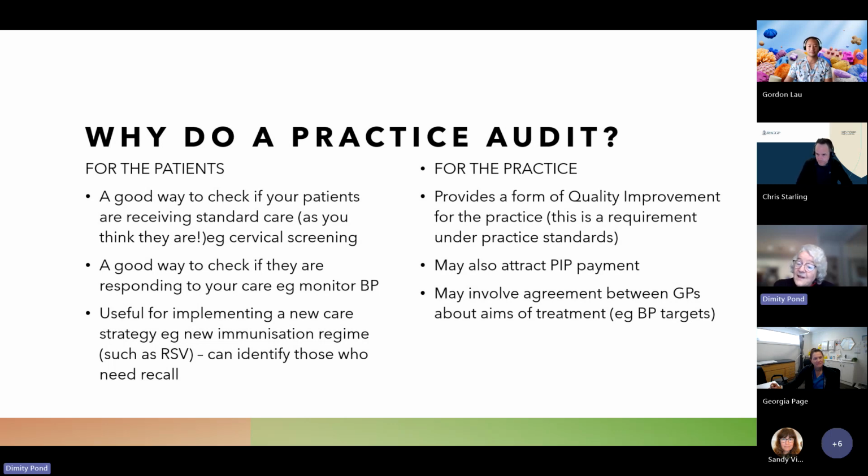And those are processes, Georgia. You're recording in your notes, so it's not direct clinical care. It's about recording information. That's an aspect of audit that makes it seem a bit theoretical, but I think it's important for us to have those things. And the other thing about it is, if you're going to do something like blood pressure or hemoglobin A1C or even BMIs,